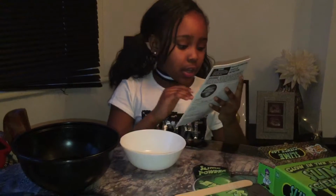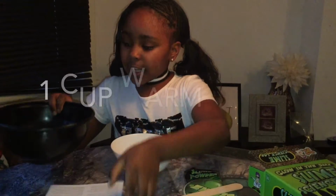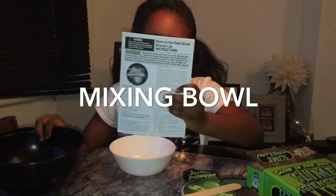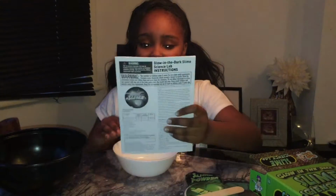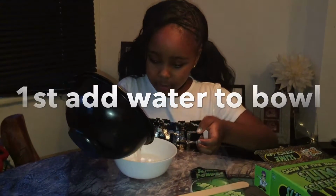Okay, so it says that we need a cup of warm water, and I have a cup of warm water here, and it says you need a mixing bowl. I just have one here. So the first step is to add your cup of warm water into the bowl. So we're going to carefully